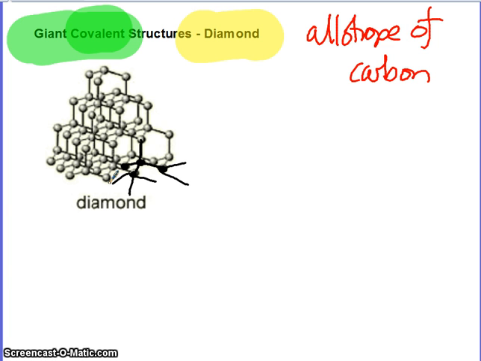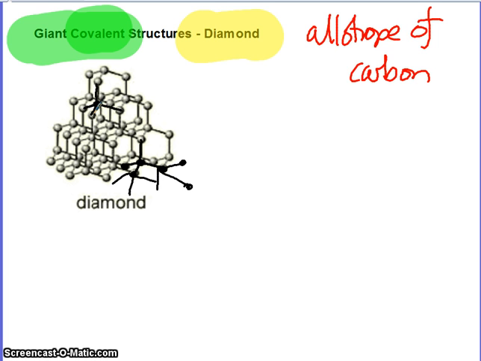Anyway, each atom at the edge still continues to form four bonds to ones elsewhere, and I've made a bit of a mess of this, but hopefully you can see if you look at other bits of the diagram and pick on an atom, let's pick on an atom up here, this atom here, you can see that this is also bonded to four. One, two, three, four. Now, because each atom is bonded to four others in very, very strong covalent bonds,